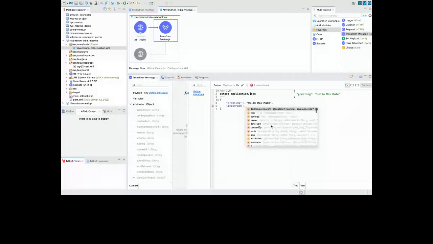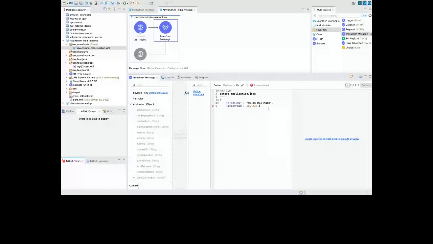I don't have that option because first I need payload, and then under payload again you can just hit control space. It's not giving me attributes; basically it should be attributes dot, then I've got listener path. Okay, you've got listener path. You have something else you can have.